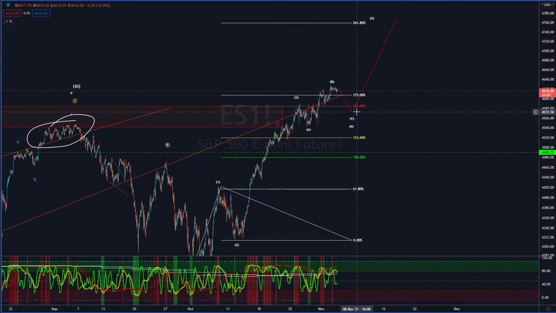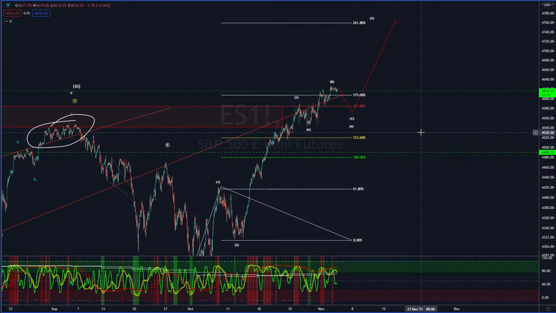So a nice pullback to about 45.70 or so would be okay. Now, I'm not saying that this is the top and that we're not going to eke up just a little bit more. Still very possible for us to do that. But for us to thrust up to this target by the end of November or maybe the beginning of December, I think we need to get that pullback to about 45.70 to 45.75.